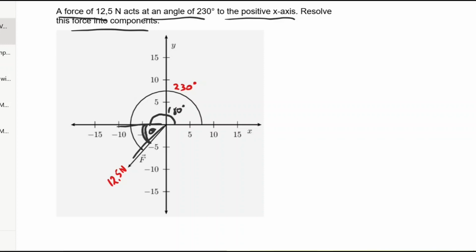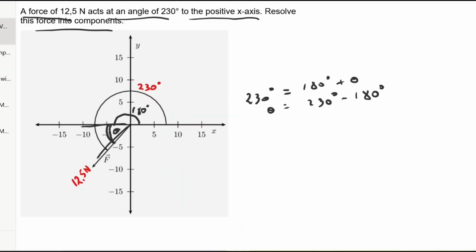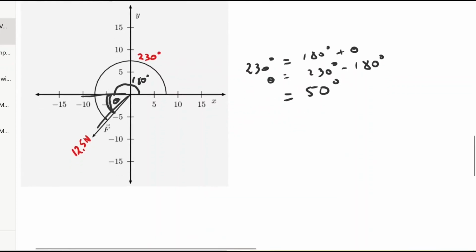Let's call it theta. Now, 230 degrees is equal to 180 plus theta. Therefore, the size of theta is 230 minus 180 degrees, giving us 50 degrees. So this is 50. So the angle between the horizontal and the force is 50 degrees. Now I can go ahead and calculate the size of Fx. It's going to be F cos theta